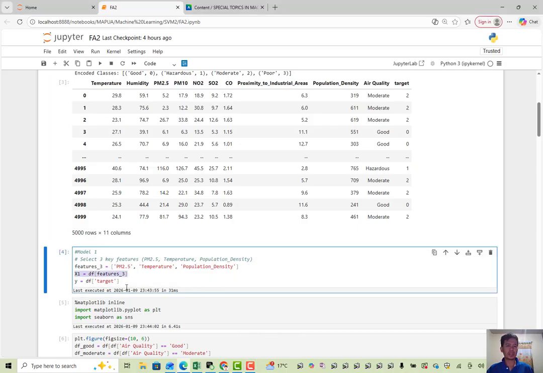I extracted the 3 selected key features as input. Then I set the output label, or the target label, what the model will predict, which is in the target column.